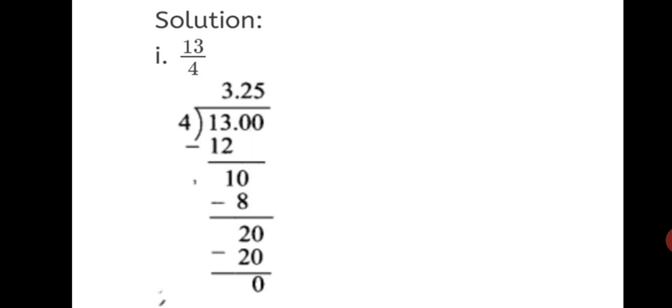So for 13, put the point first and take 2 zeros and keep them. If you require more, we can take multiple zeros here. So 13.00, we have written the dividend, divided by 4. Okay, now we start the division. 4 3s are 12, remains 1. Remainder is 1. Now after 13 is completed, there is a decimal point, so in the quotient also, after 3 put a decimal point.